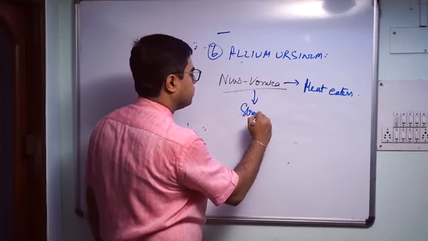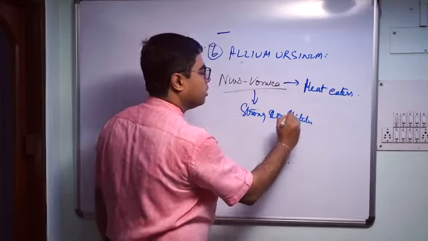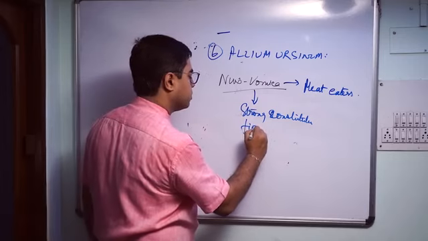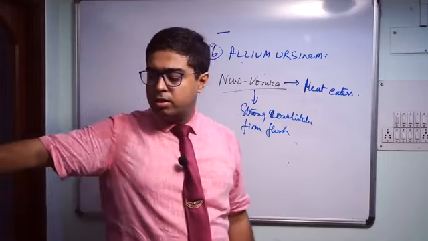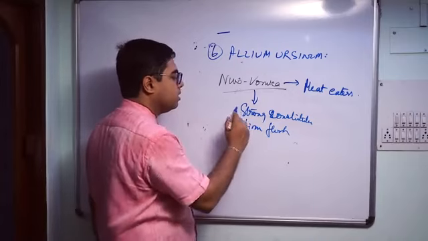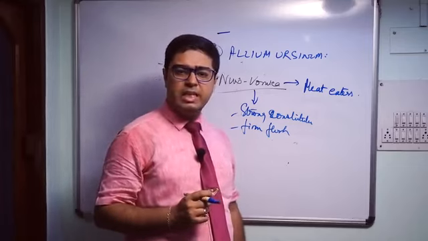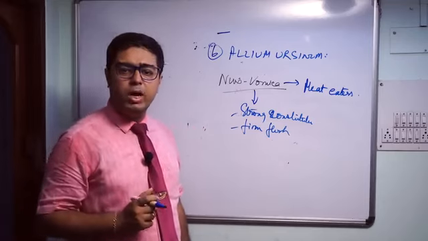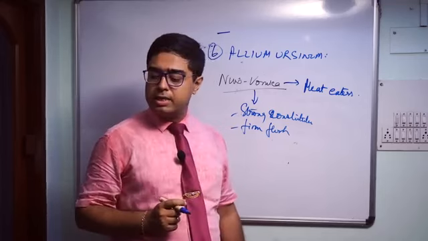Strong constitution with firm flesh and dark complexion. Dark complexion may not always be the factor, but strong constitution, firm flesh, again resembles Nux vomica. Nux vomica is generally thin, emaciated, with rigid fibers. That's what you find with Nux vomica, Bryonia, that group of remedies, and such is also the case with Allium